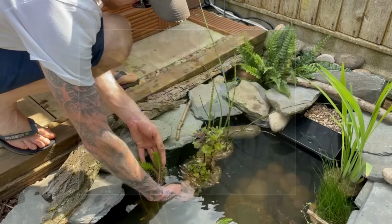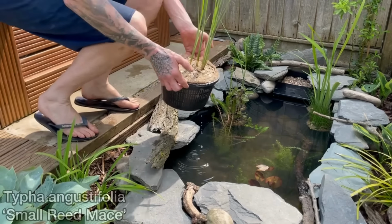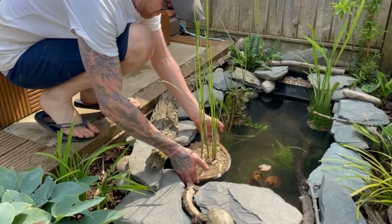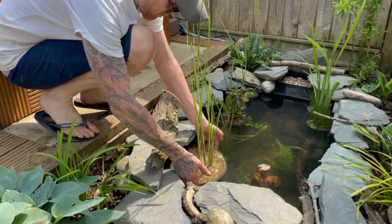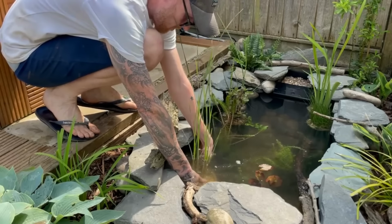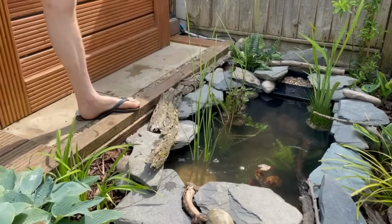And then finally, on the marginal plant front, I've got some typha. And I did upgrade the size of the pot for this plant when I repotted, because this plant can get big with a big root structure. Plus the shelf was big enough to fit a bigger pot, so I thought, why not? Also, you may have noticed the shelf here at the front is a little bit lower, which is absolutely fine